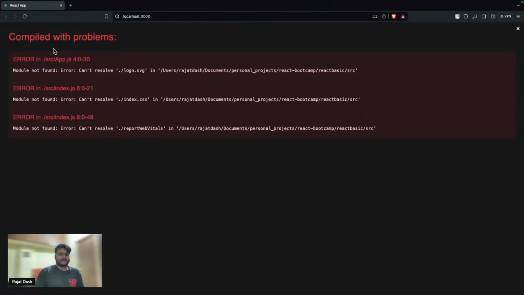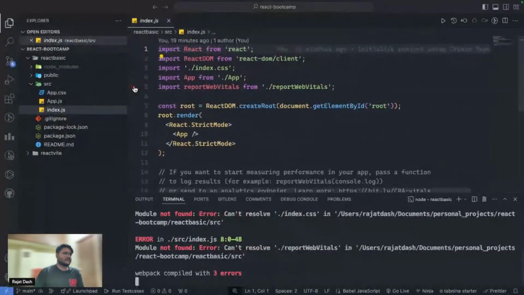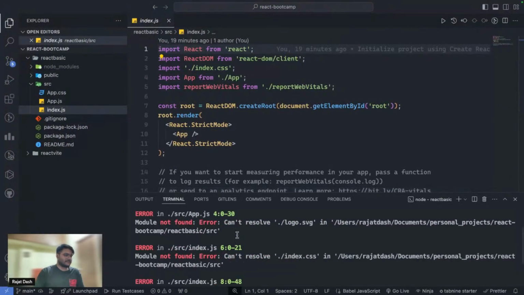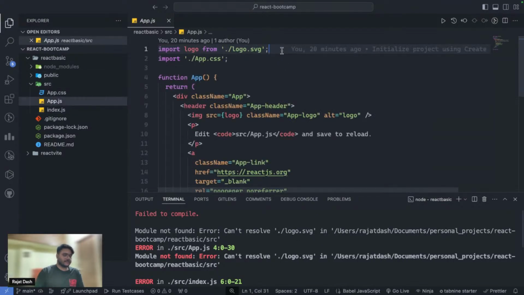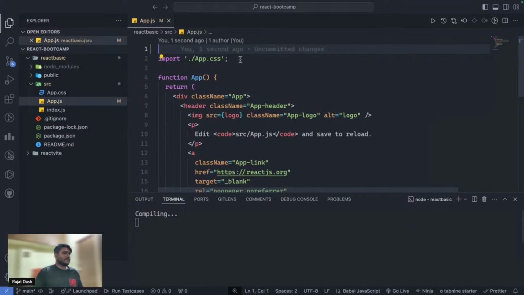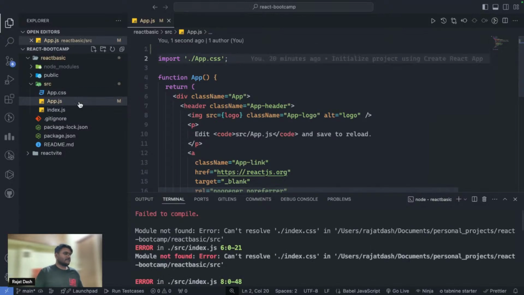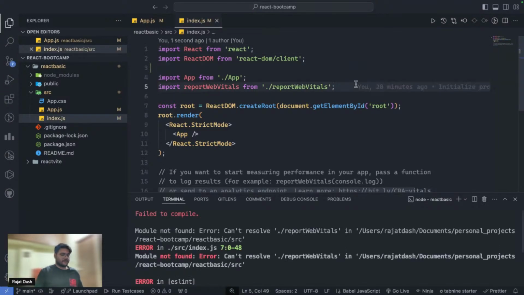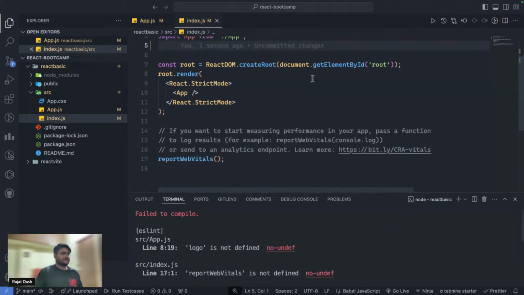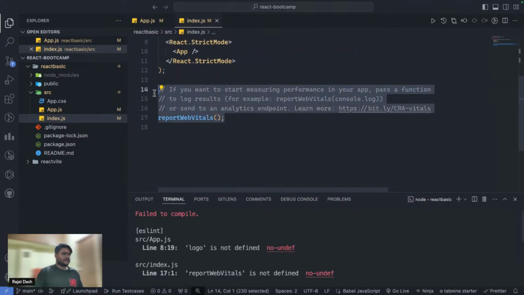It is saying something is missing. I'll just remove those missing things. It's saying logo.svg is not accessible. You just remove it. We don't want it. For App.css, it is there. Okay. For index.css, we don't want it, so we removed it. Web vitals, we don't want it, we removed it. Web vitals, it's not required.